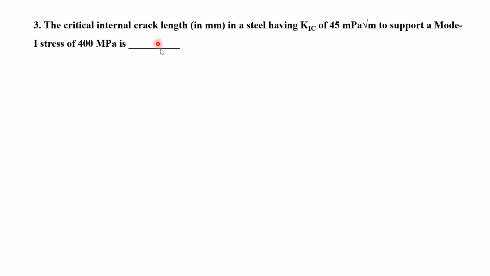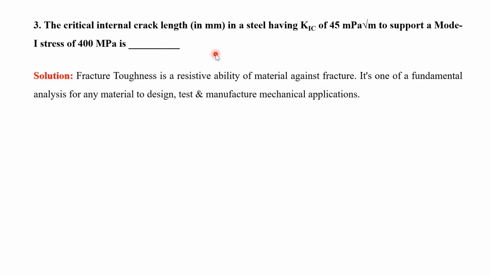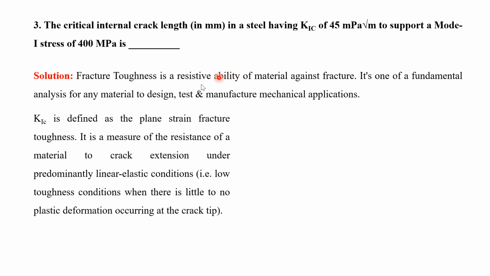So sigma, we know it is a stress, right? Like it's something related to stress. So what is that quantity called? It's related to fracture. So what is it called? Yes. So fracture toughness is basically a material's resistance towards fracture. So whenever we are trying to design a material, it's necessary that we determine the fracture toughness. So how do you define it? It's defined as the plane strain fracture toughness, and it's a measure of resistance to crack extension under linear elastic